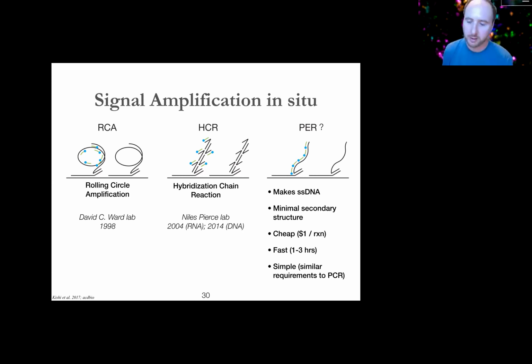So we thought about it a little bit and realized that we think the PER reaction certainly brings some interesting stuff to the mix, in that it makes single-stranded DNA. By virtue of how we make it, it has very, very low secondary structure, which we think is important for hybridization kinetics. And it's just cheap and easy. Like it's one of the easiest reactions I've ever done. So we're kind of curious to explore whether we could use this in a similar context to the RCA and